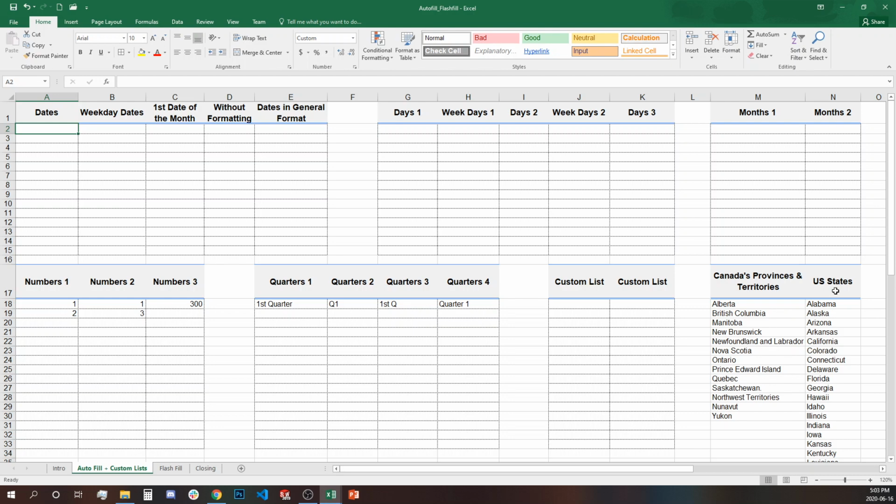Let's select one date, January 2020, and we can pull down from the lower right corner, and you can see the dates come. Excel already knows that you would most probably prefer consecutive dates, and it suggests 13, 14, 15,